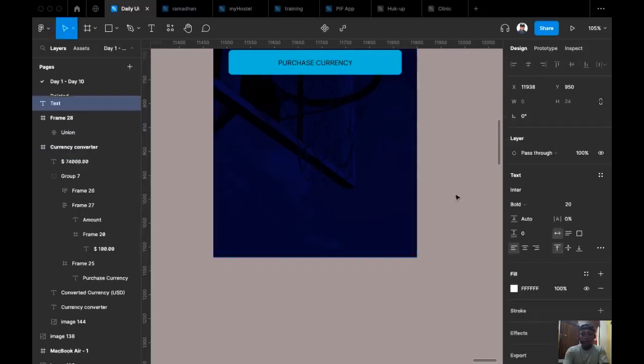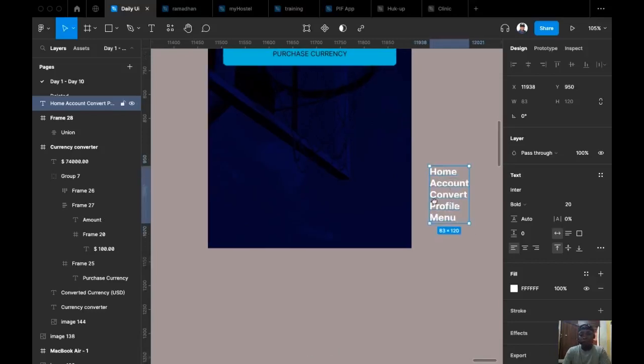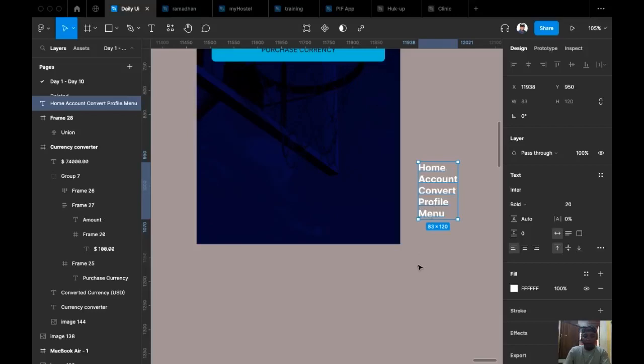So we're going to have home and accounts, convert, profile, and also menu. These are the five things we're going to have for the navigation